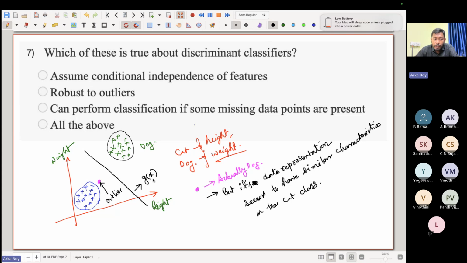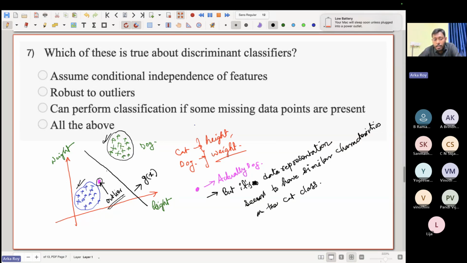After you train your discriminant function model using this blue data and green data, you have got an equation of a line g of x which separates these two classes pretty well, almost 100% accuracy. But if you receive a point which is actually a dog, but comprises the same features as the cat class, which is an outlier case,